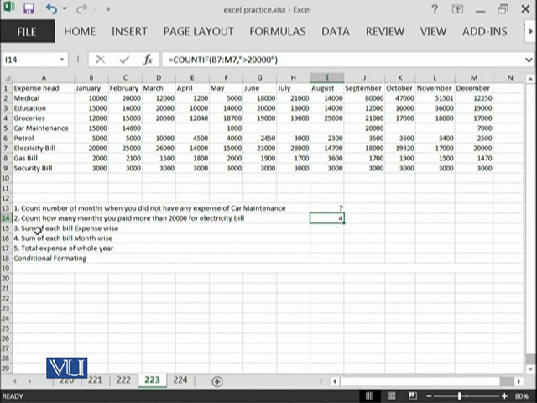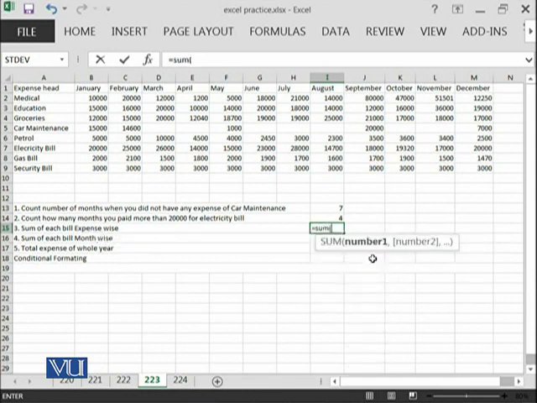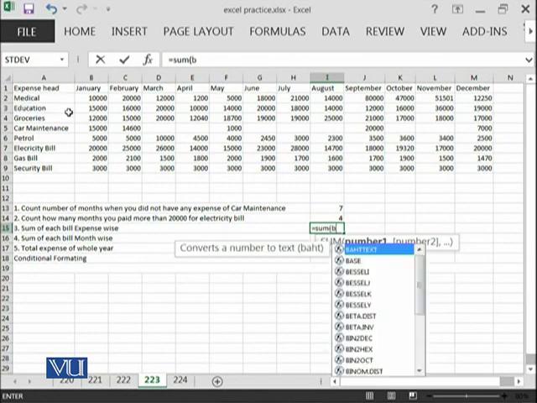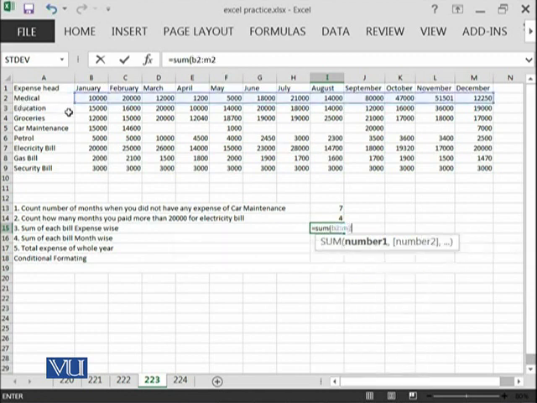Then we want to calculate the sum of each bill expense wise, and then the sum of each bill month wise. So for example, if we want to calculate expense wise, this means that for medical, how much we have paid. So if I write it over here, or maybe we can write it over here, no problem, equal to SUM B2 until M2, right?